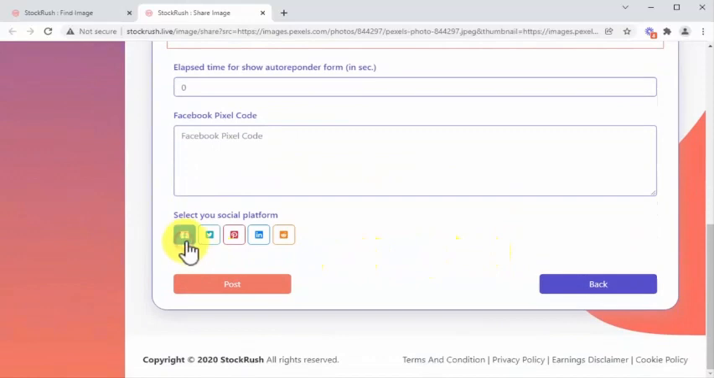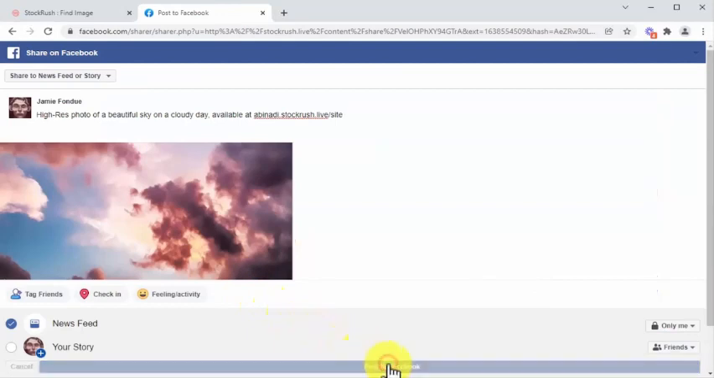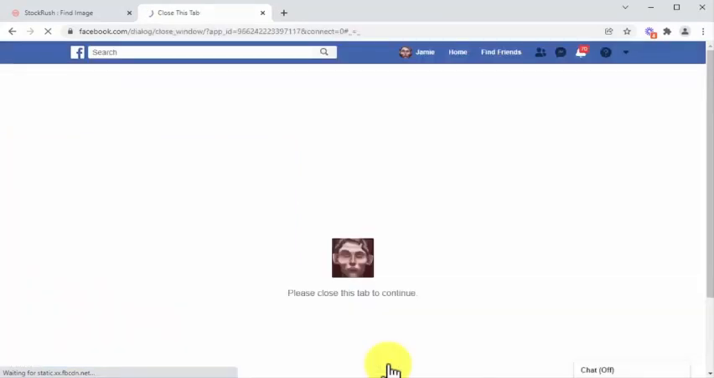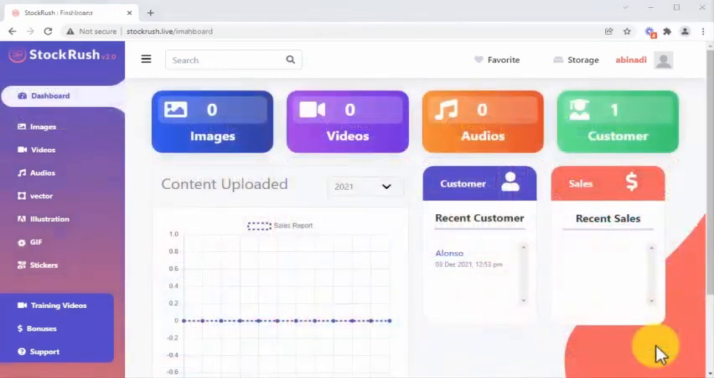select the social platforms you'll promote to, and click here to share. Thanks to StockRush's inbuilt smart sharing tech, you'll be able to send massive traffic when sharing your stock media on any platform you choose. Guys, this is just the tip of the iceberg, because StockRush 2.0 offers you many more features you can monetize,